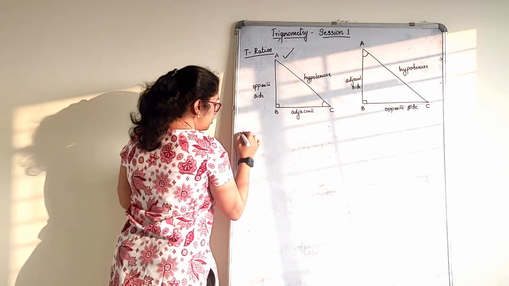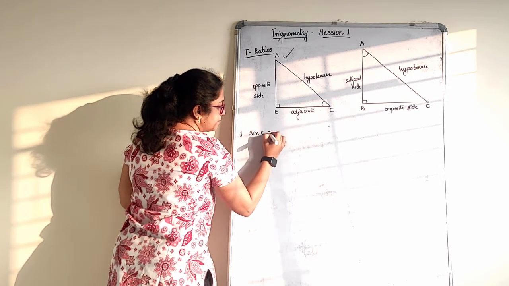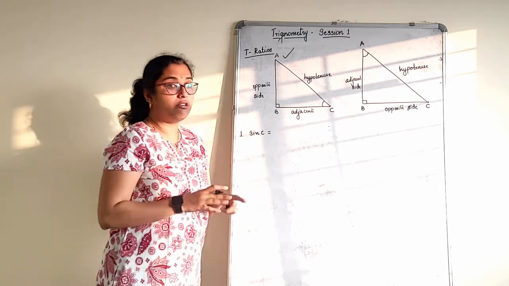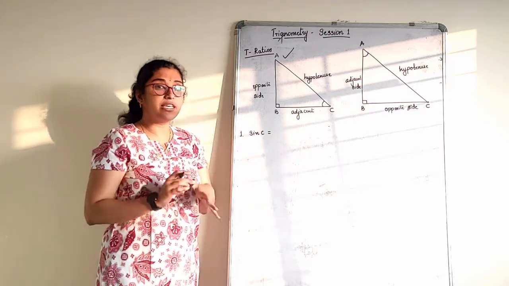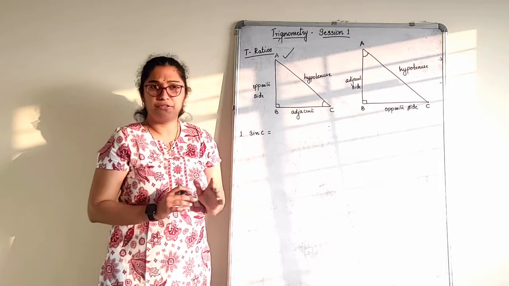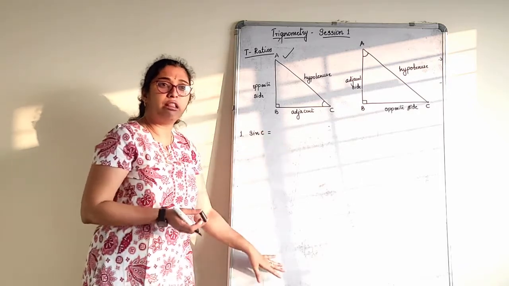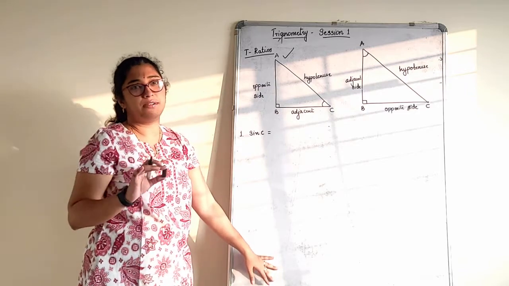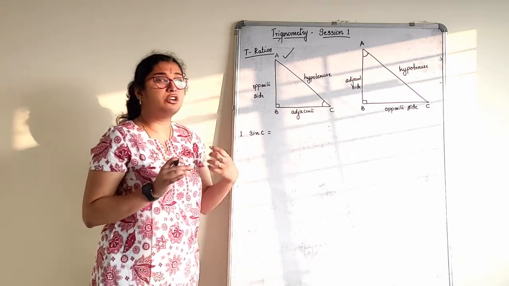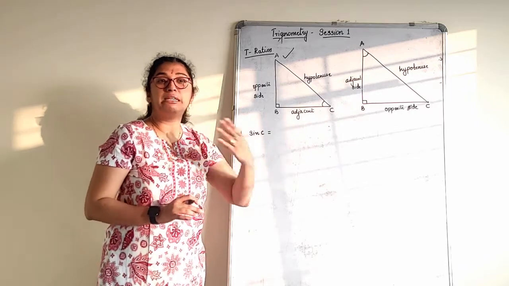Okay. So the first one was sin C. Sin C is always written as... Now the trick here, children, is to always remember the first ratio. If you remember the first ratio, automatically all the remaining 5 ratios are remembered. It is understood like that. That's the trick: remember the first one, and the remaining 5 you automatically get.